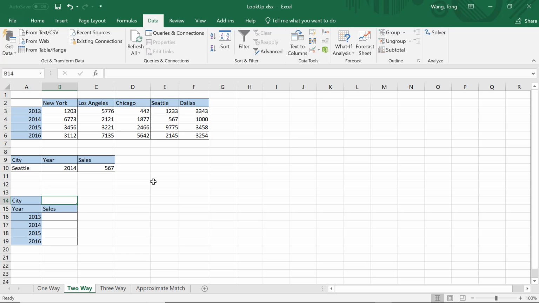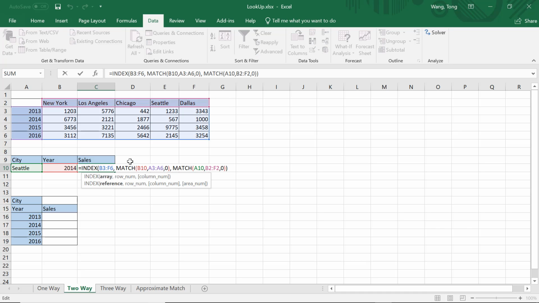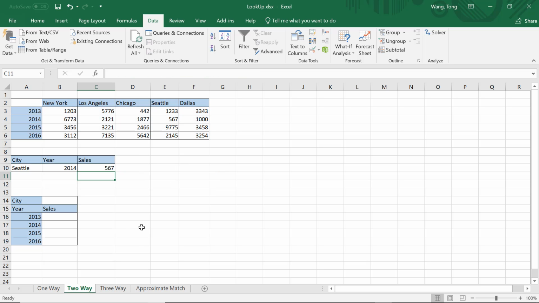Another useful trick to know for this kind of 2-dimension index is that if you want one element out of a 2-dimension table, then you have to provide both the row number and the column number. So use 2 matches to provide the row number and the column number to pin down a single number in this 2-dimension table. Okay. But in case you want to extract, for example, the entire column of this table,